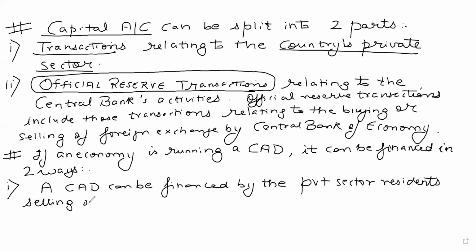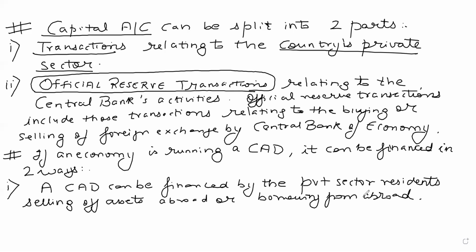It can be financed by the private sector residents selling assets abroad or borrowing from abroad. So one way to finance a current account deficit is that the private sector can either sell its assets abroad or borrow from abroad. Both these cases cause a net capital inflow into the economy, which will be used to finance the current account deficit. And another method is that a current account deficit can also be financed